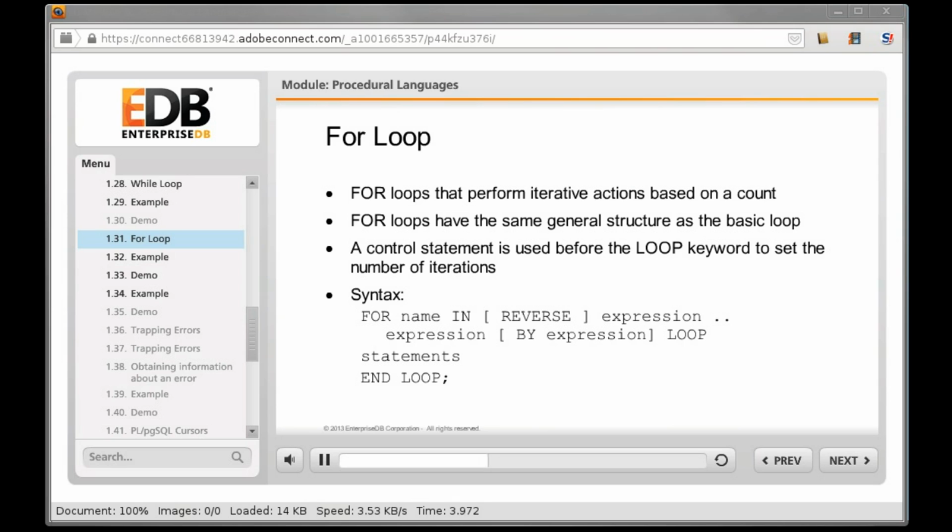The syntax is given here at the bottom of this slide, that is for, then the variable name, in, now the start value dot dot end value. That's how you specify values. Again, for